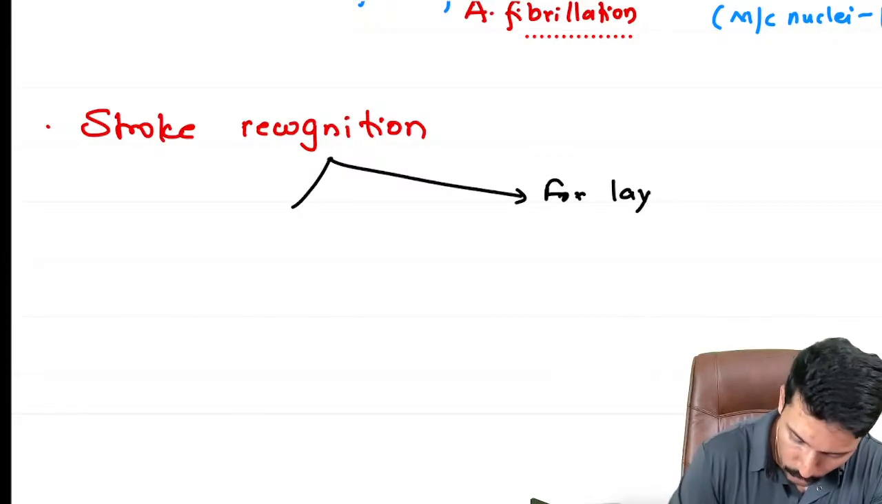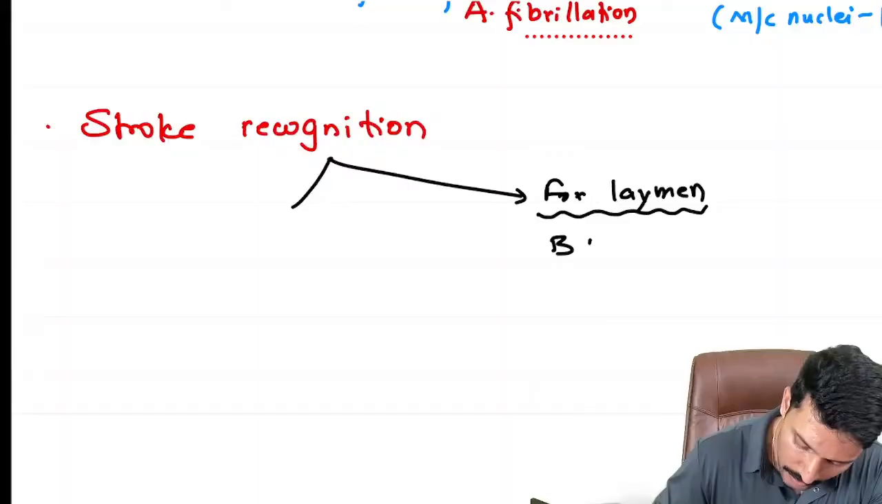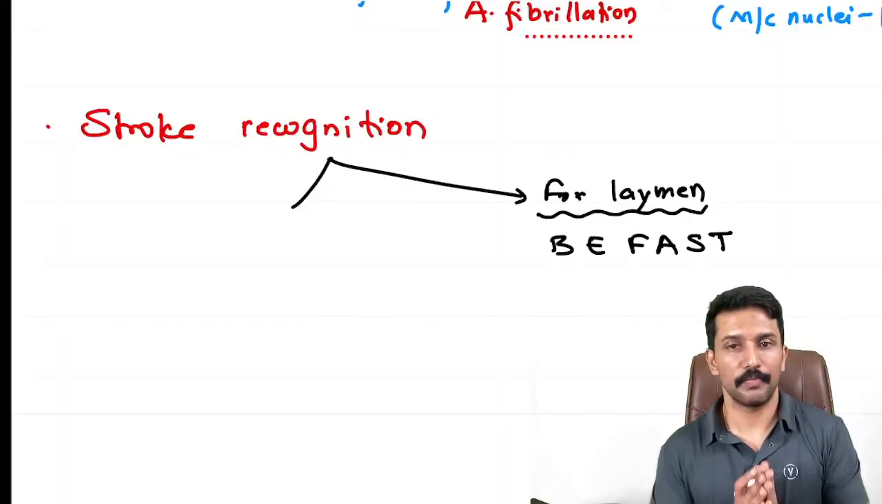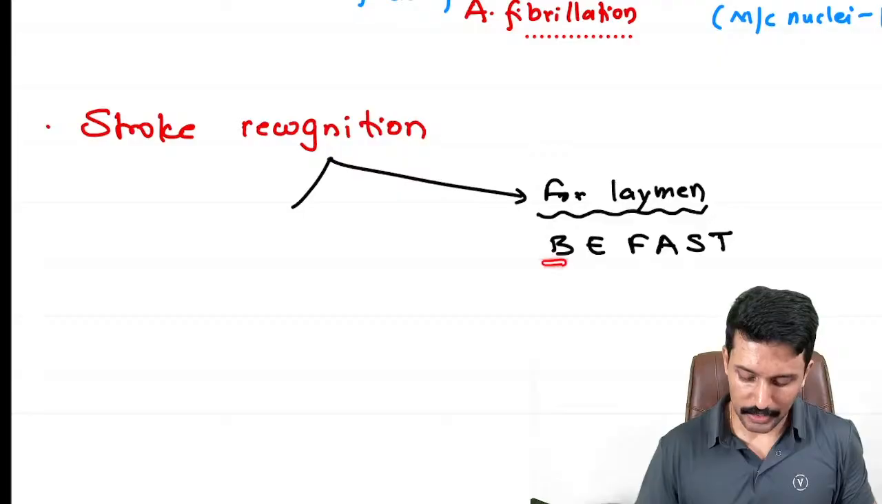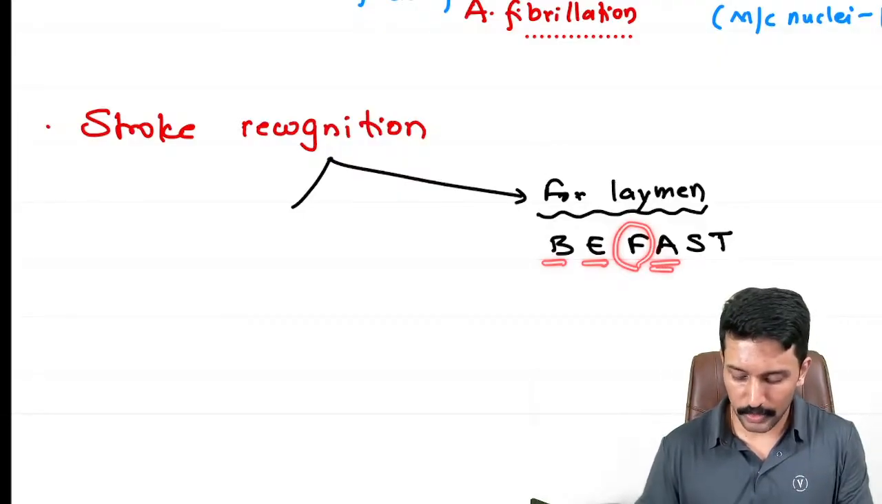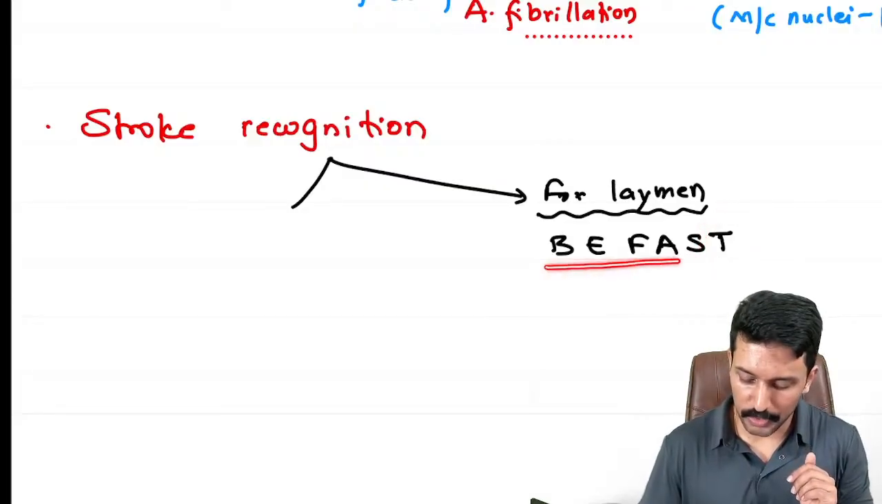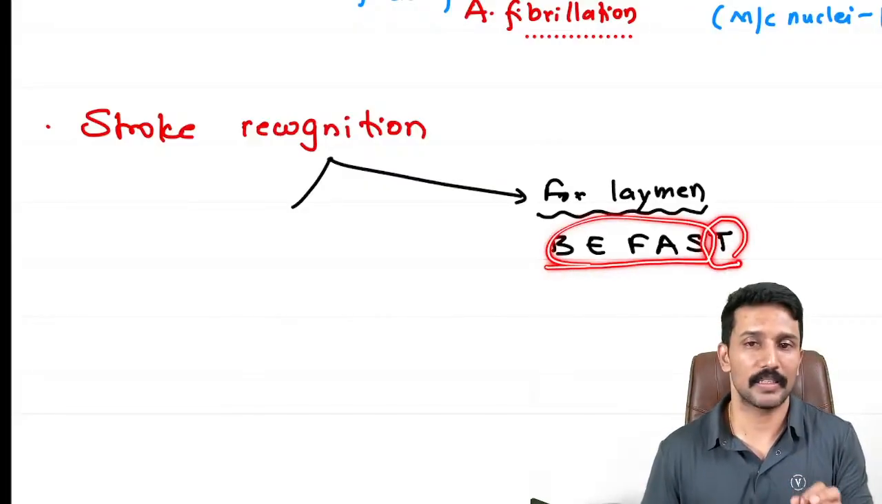For a layman, to recognize stroke early, we have a protocol called BE FAST. In the exam, they may ask what the components of BE FAST are. B stands for balance issues, E for eyesight issues, F for facial asymmetry, A for arm weakness, S for speech abnormality, T for time. So if the patient's family notices any of these abnormalities, without wasting time, the patient should be brought